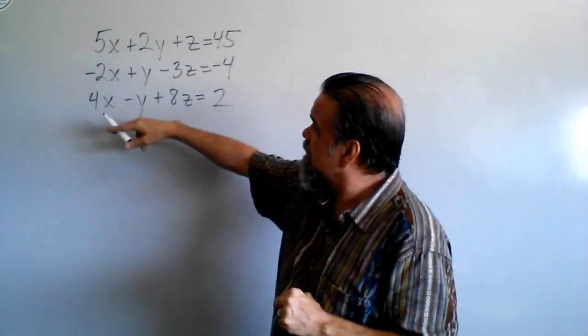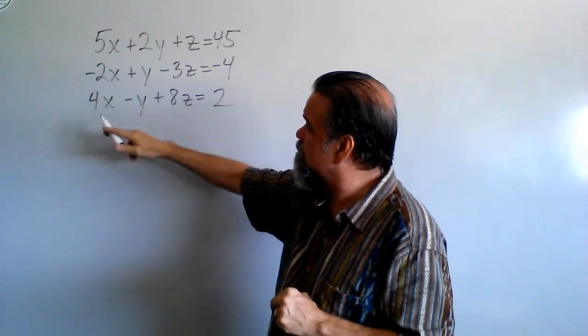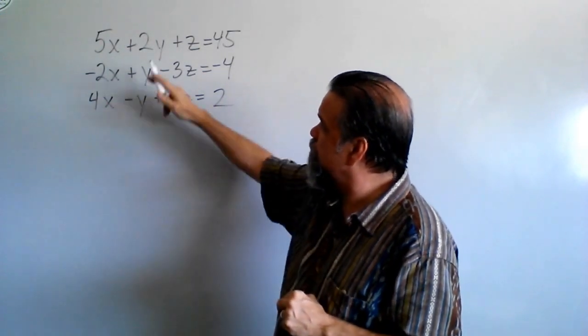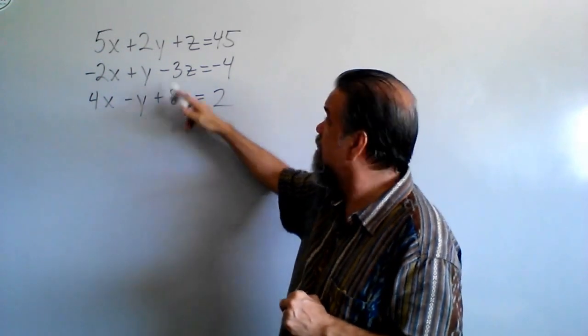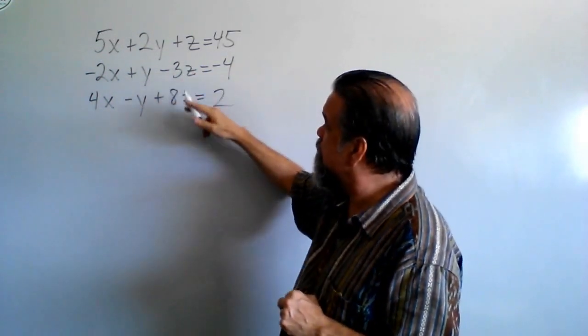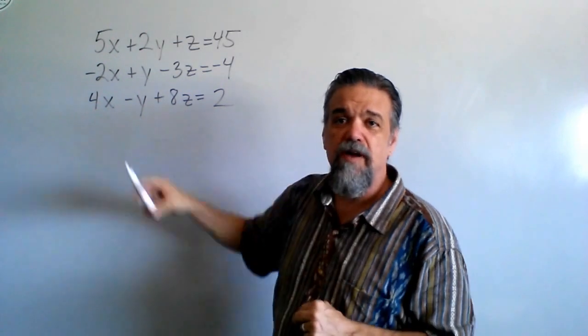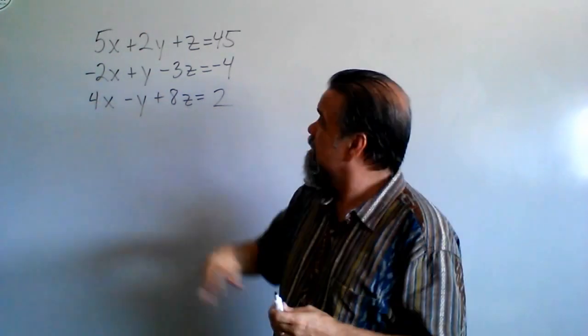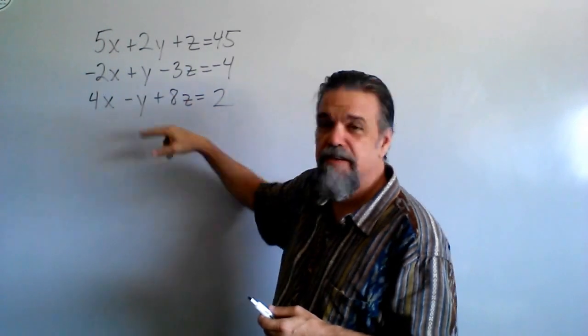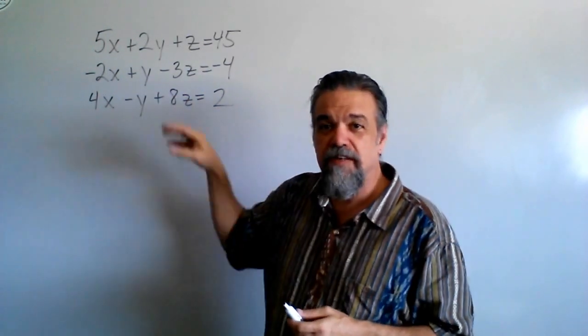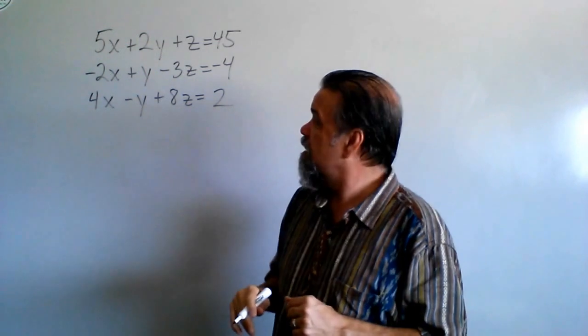And as I look at my x's, I got 5x, negative 2x, 4x. I look at my y's, 2y, y, and negative y. That looks pretty good. And I look at my z's, z, negative 3z, 8z. I'm going to go for the y's. Why am I going for the y's? Because 2y, positive y, negative y, they're nice small numbers,